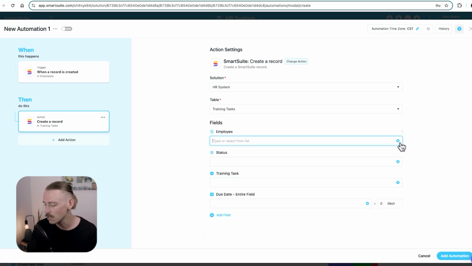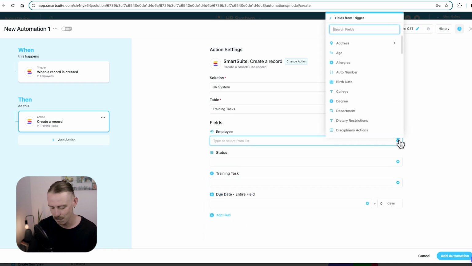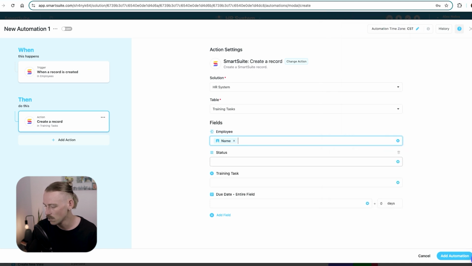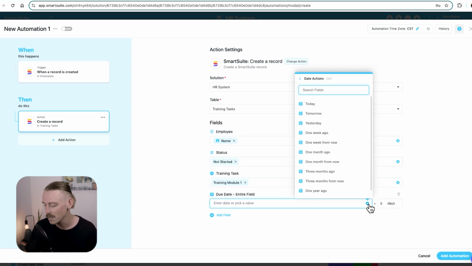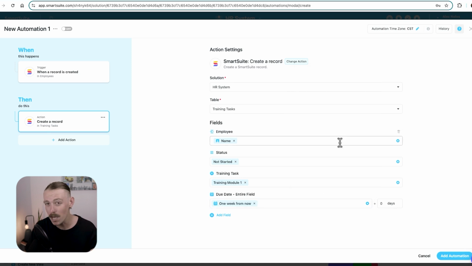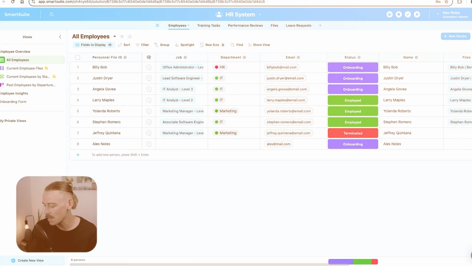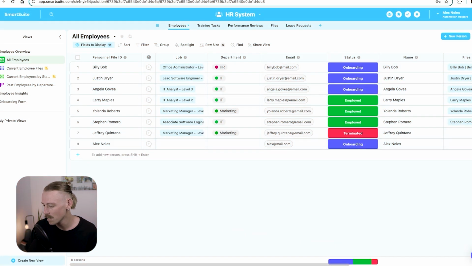For the employee, we're going to pull in, obviously, the employee's name. So we'll select name. We'll just go with the entire field. The status, not started, of course. The training task, we'll just say training module 1. And the due date. So 1 week from this training task has been assigned, they need to have it completed. So we'll select add automation, switch it on, and then we're just going to quickly take a look here by